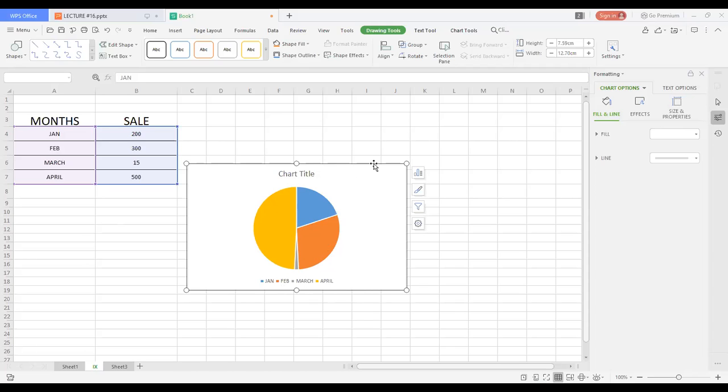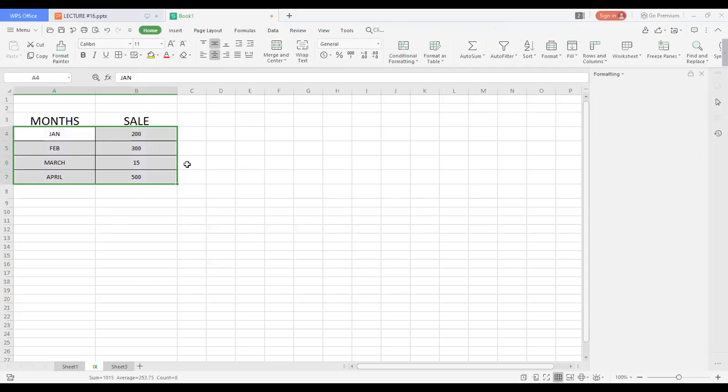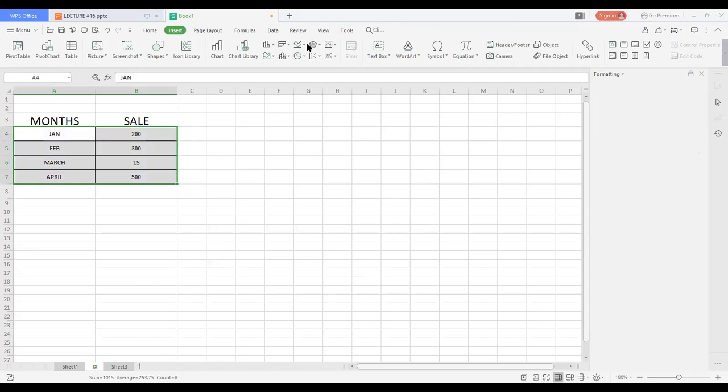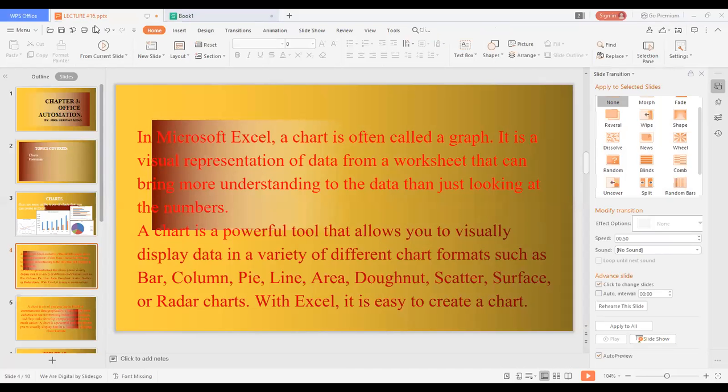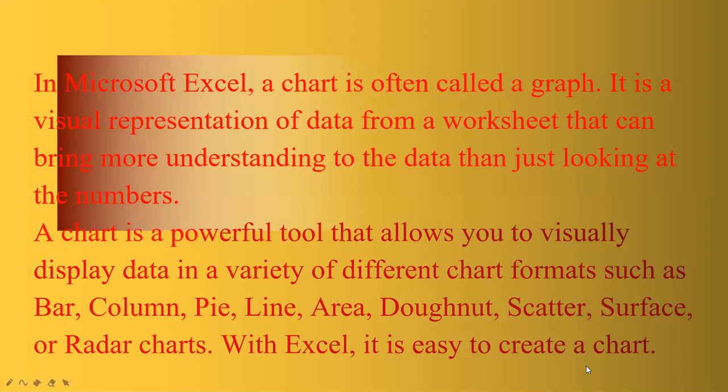But we can insert different type of chart as well. Like if I'm going to delete this chart, go to the insert menu. Here are different options. This is the line chart. You can give the line chart as well, right? January, February, March, and April is the highest, right? Is it clear? Any confusion, beta? Is it clear to you all? Should I explain it more?